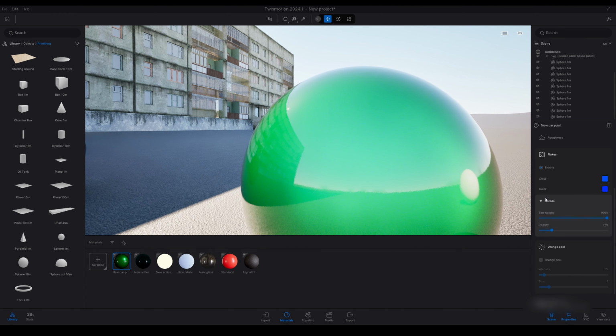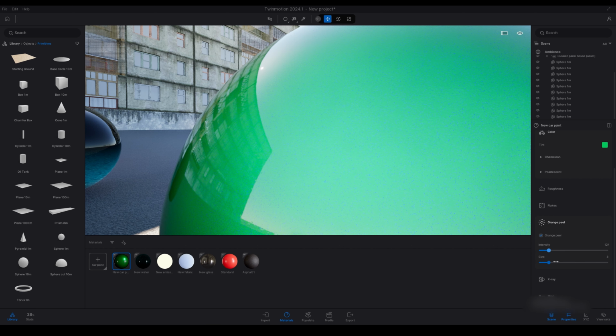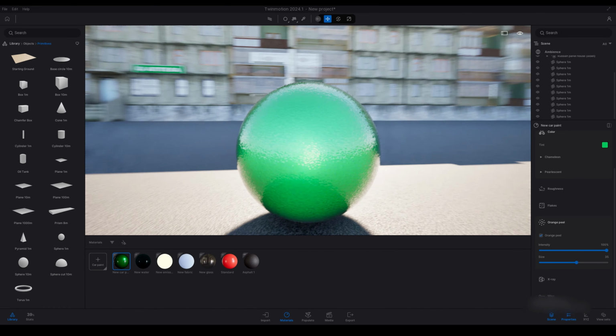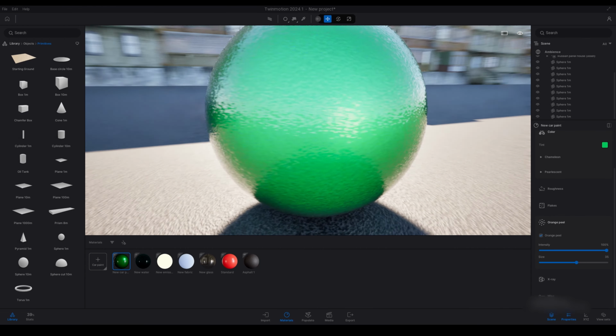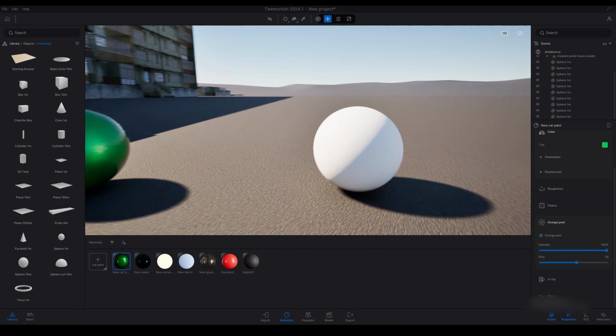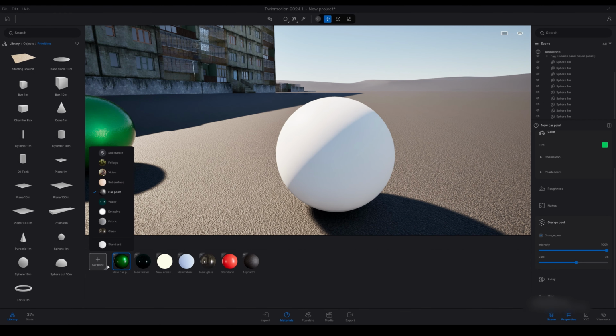Below that we have orange peel. Enabling orange peel gives it a rough texture. Increasing the intensity, you can see there, it gives it like an orange peel finish. So there's a lot of settings in the car paint which you can utilize to create multiple materials.